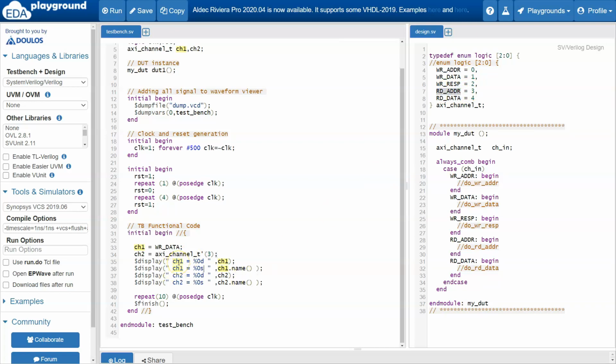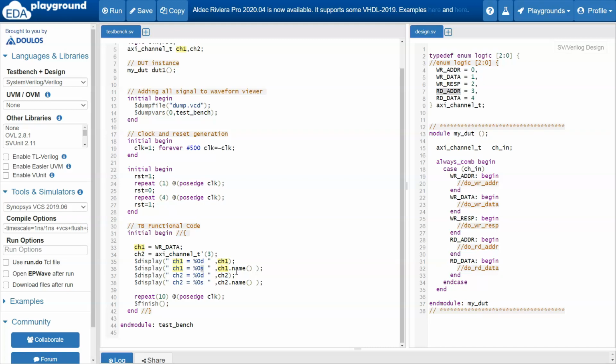Next, let's display these variables. When you display an enumerated variable in %d format, it will display the actual number, and when displaying in %s format, it needs to display the appropriate string of the value of the enumeration. But to get the string value of the enumerated variable, you have to use the dot name function of an enumerated variable.